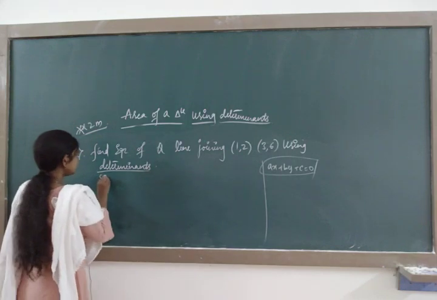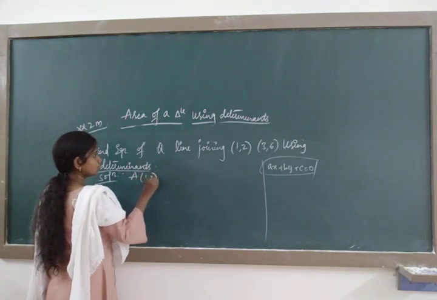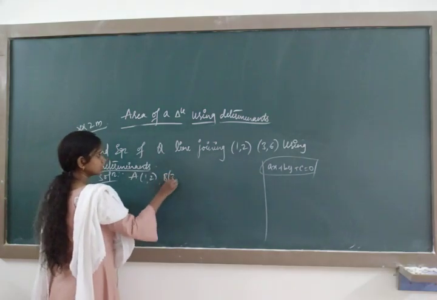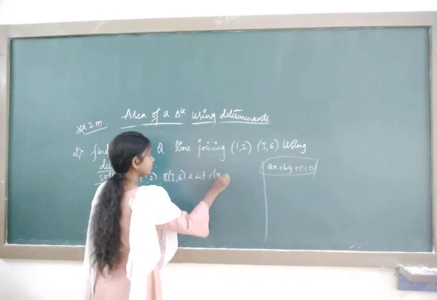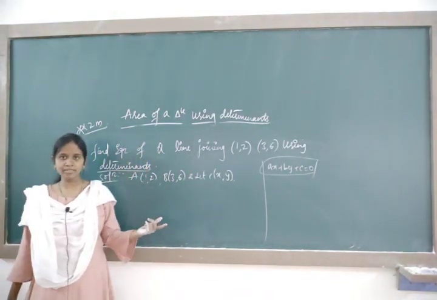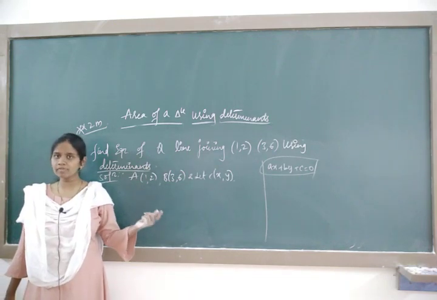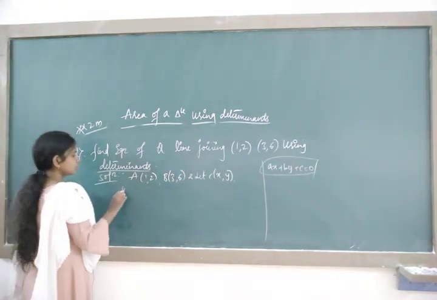Solution: take a as (1, 2), b as (3, 6), and let c be (x, y). This is our assumption, because for the area formula we need 3 vertices, but the third vertex is missing. You have to make an assumption. So we know that